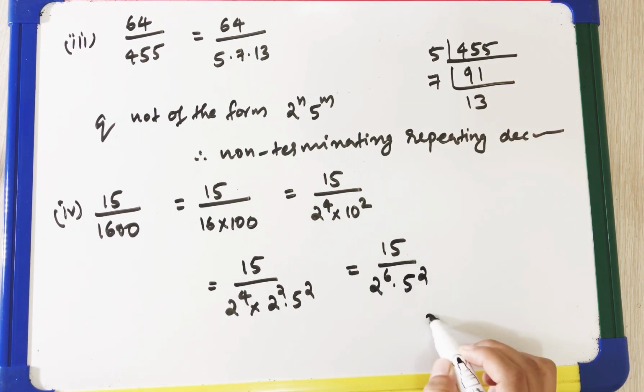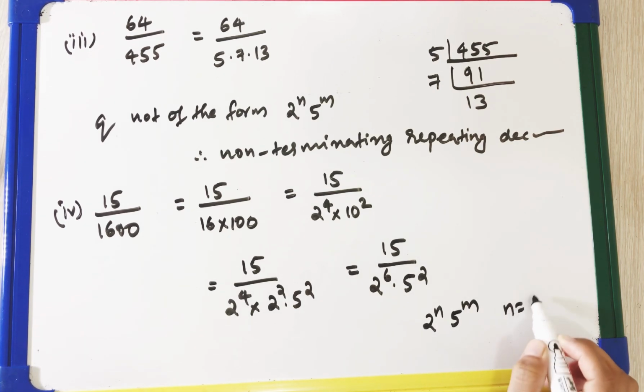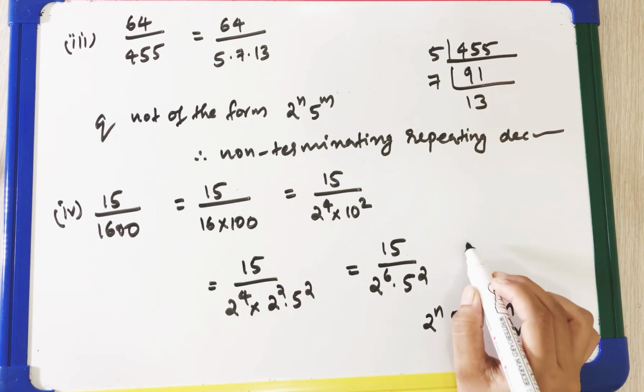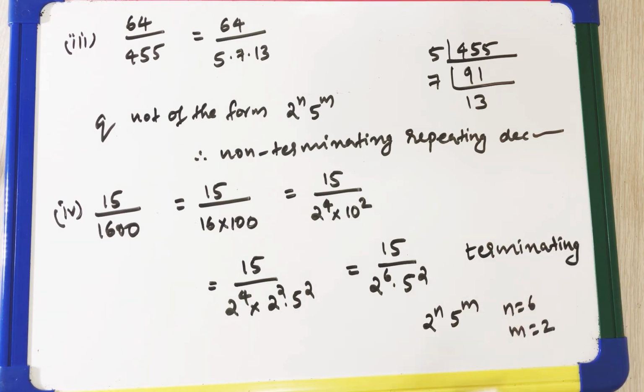Here is of the form 2 raised to n into 5 raised to m, with n equal to 6 and m equal to 2. Therefore, it has a terminating decimal expansion. Now, the second part of the question, if it has terminating decimal expansion, we have to find the value. To find the value, 15 by 2 raised to 6 into 5 square, we can